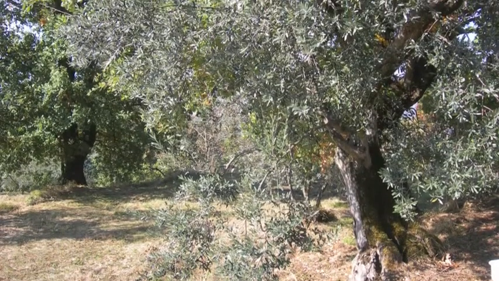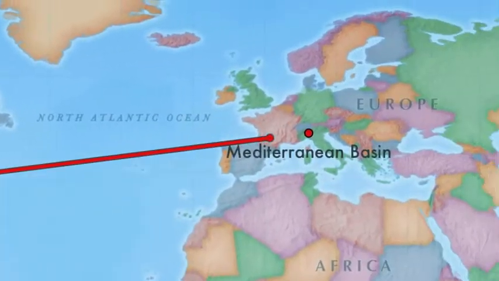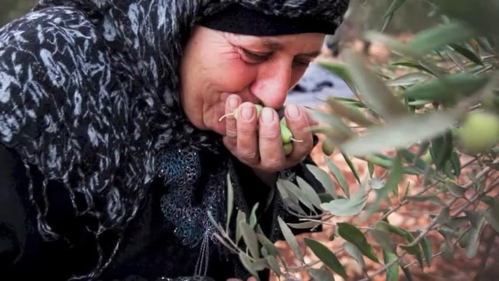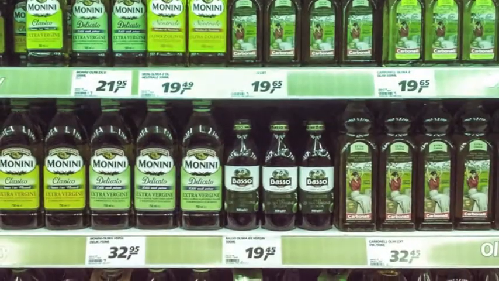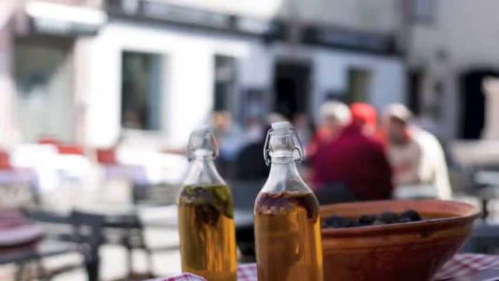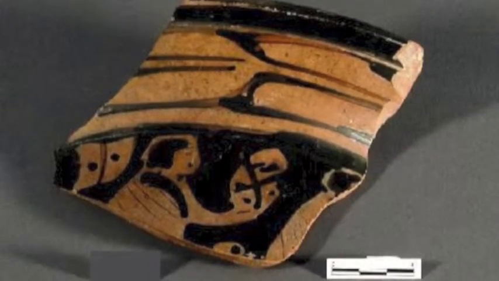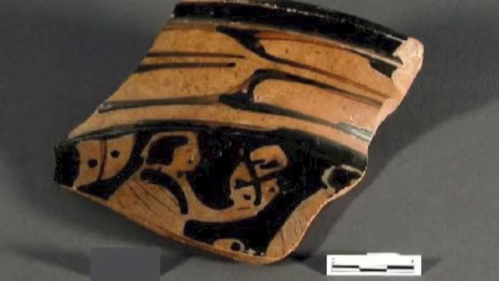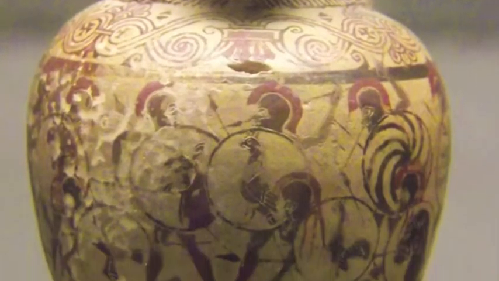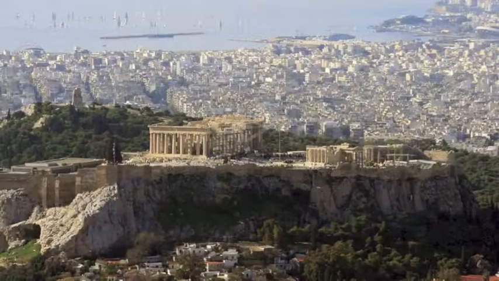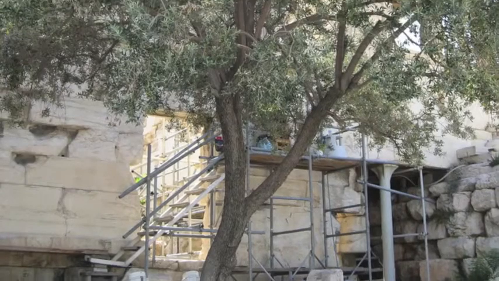The olive tree, Olea europaea, is native to the Mediterranean basin, where it is widely found. For many Mediterranean countries, olive oil has been culturally, economically, ecologically, and nutritionally important for centuries. Hieroglyphics show that Egyptian pharaohs offered olive oil to the sun god. Olympian athletes were rubbed with olive oil from an aryballos before competing. Tourists to the Acropolis still visit the olive tree that the goddess Athena is said to have offered to the